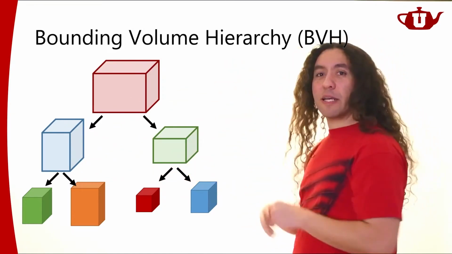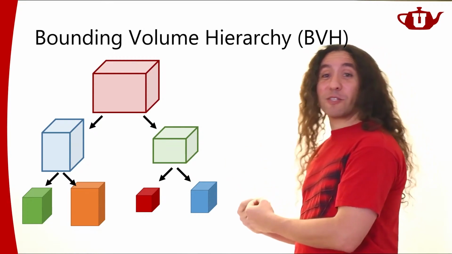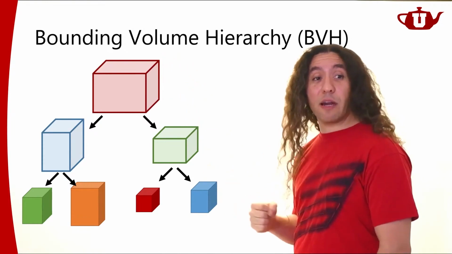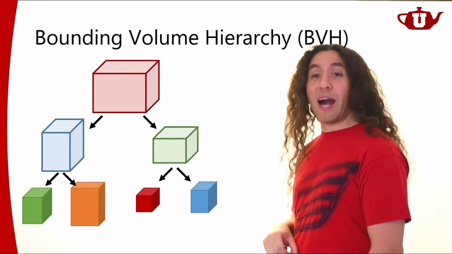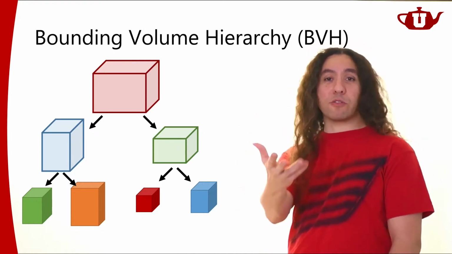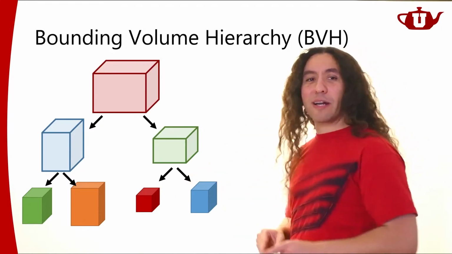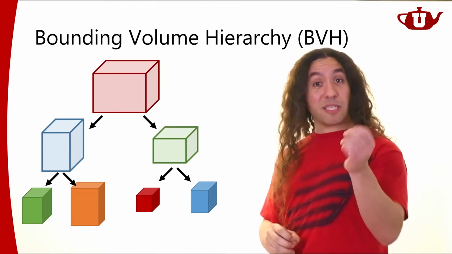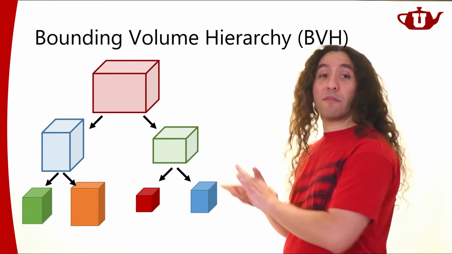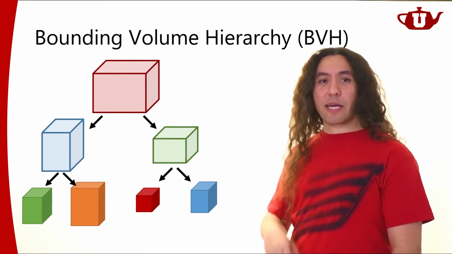But if you traverse the structure in a careful manner, you can find the closest one. You can immediately find the closest one, or you can find the closest one earlier than the other ones. By first building it carefully and then traversing it carefully, you can avoid the extra unnecessary cost of looking at all the other triangles, which will return false when you try to do an intersection test. So you can skip all that. You can only look at triangles that have a high possibility of intersecting with the ray. And there are not that many triangles that will have high probability of intersecting with a given ray. And if you build your data structure carefully, you can avoid all that computation.